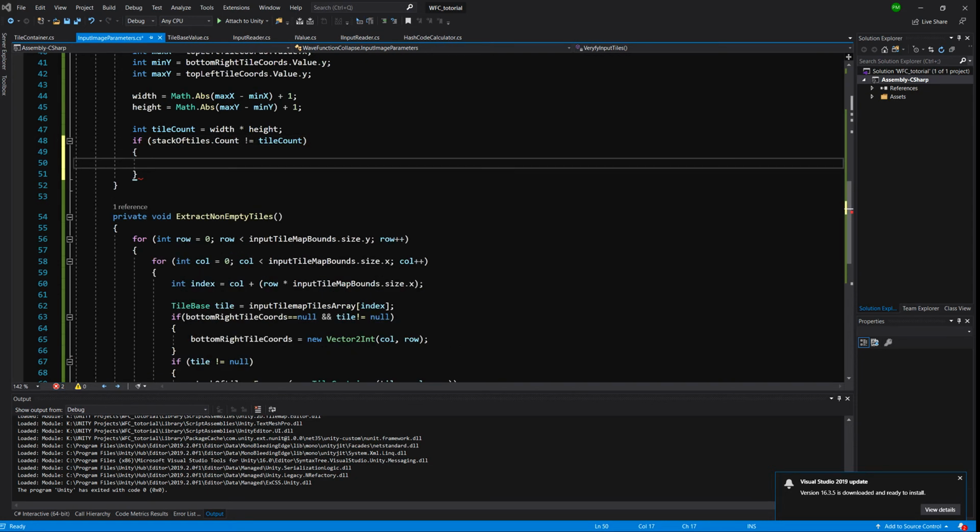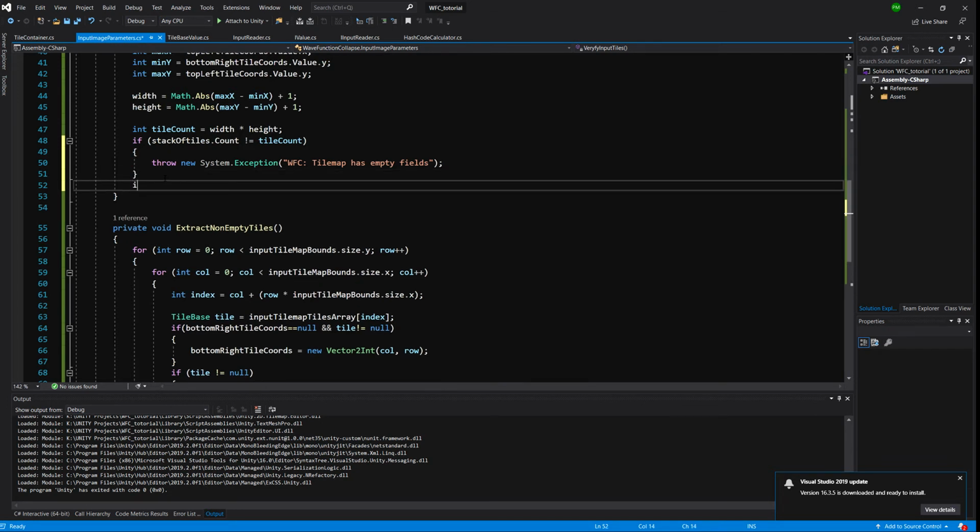And here we throw another error. We'll copy the error. Throw new system exception: Wave function collapse, tile map has empty fields, so has holes in it. And another if. And here we will check if stack of tiles, any of the tiles, and this we will